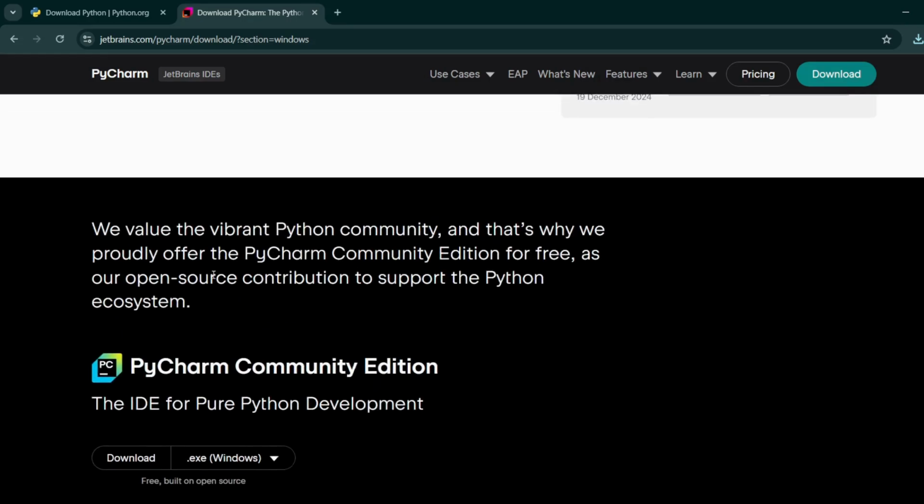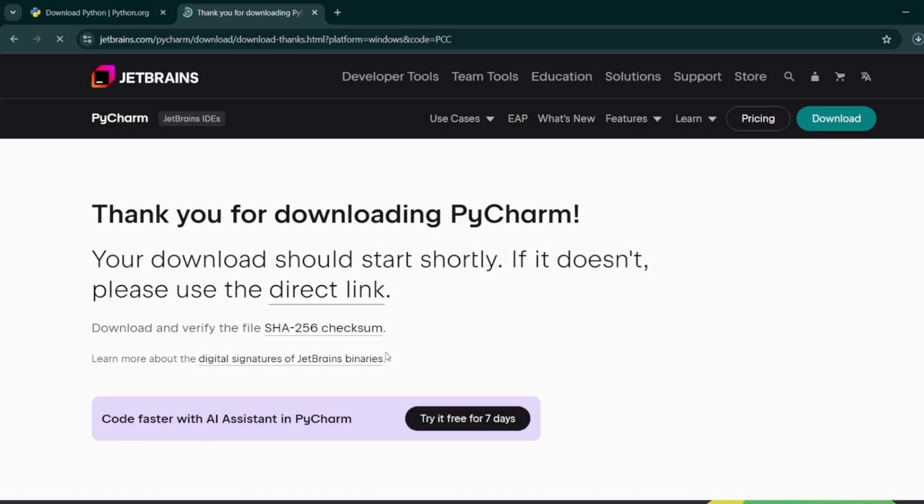PyCharm Community Edition is the one which is free, so we'll be using that for now. We click download, and here we go. It has begun downloading. After it finishes downloading, you want to run the installer once again and let it install.